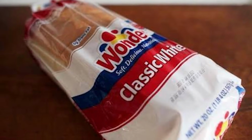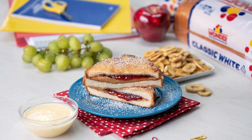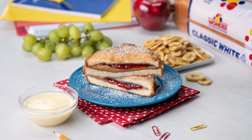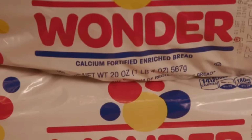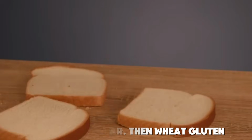The enrichment exists because the original milling process was so thorough that people were developing nutritional deficiencies from eating white bread. So they put some nutrients back, but they don't put the fiber back. They don't put the full nutrient profile back, and they certainly don't put it back in a form that resembles what was there originally. After the enriched flour, you get water, then sugar, then wheat gluten, soybean oil,